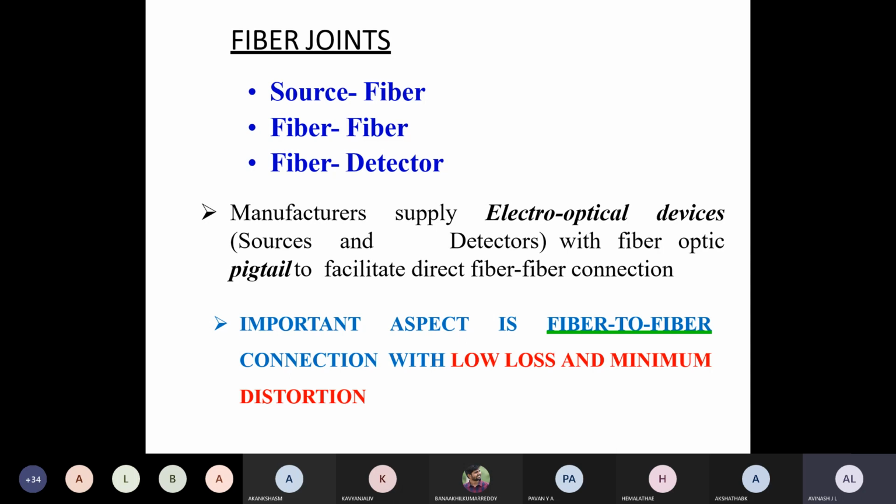When you are talking about the source and detector, one person is sending the signal, so you will take care of the source. One person is receiving the signal, so you will take care of the detector. That is not a concern. Most of the time, in fiber to fiber connection, attenuation may happen. That is why we need to have a clear